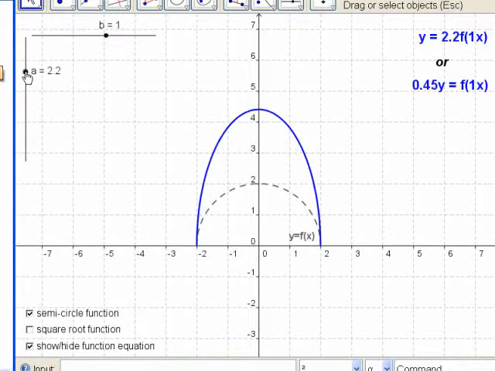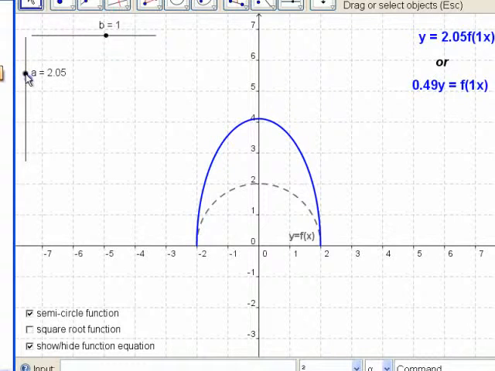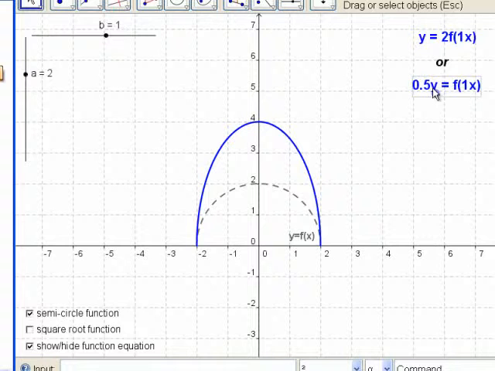Or if you make this into a 0.5y, that is the same as y equals 2 f of x. It's taller. If you have a number smaller than 1 over here, it makes it taller. A number bigger than 1 makes it shorter. That is your